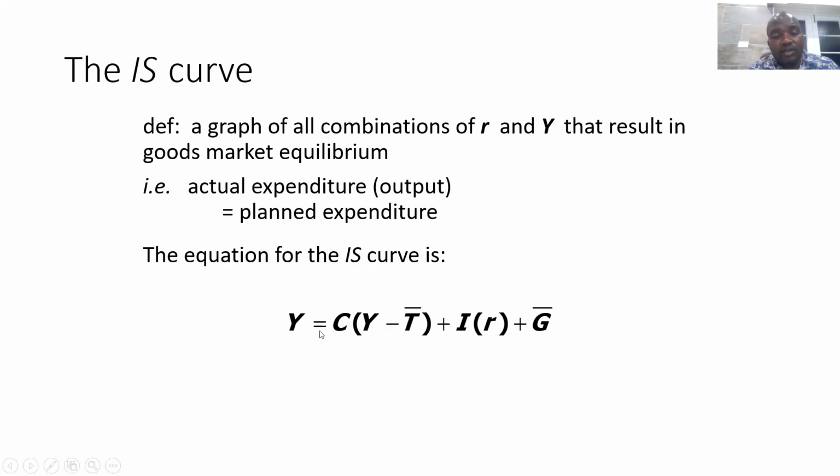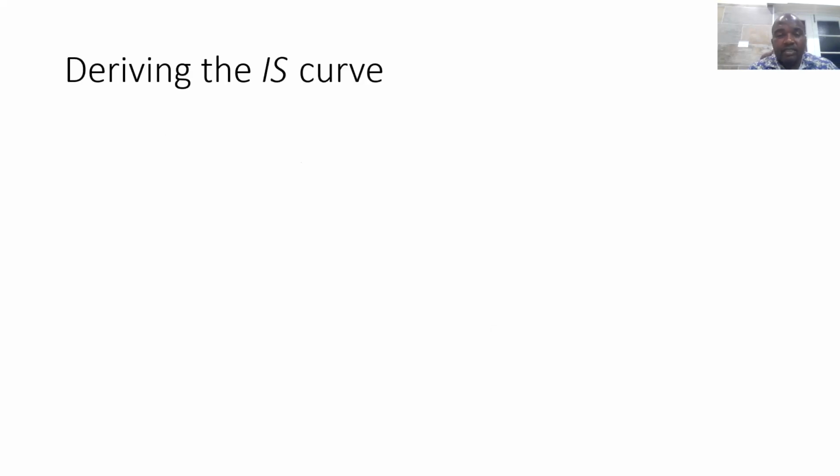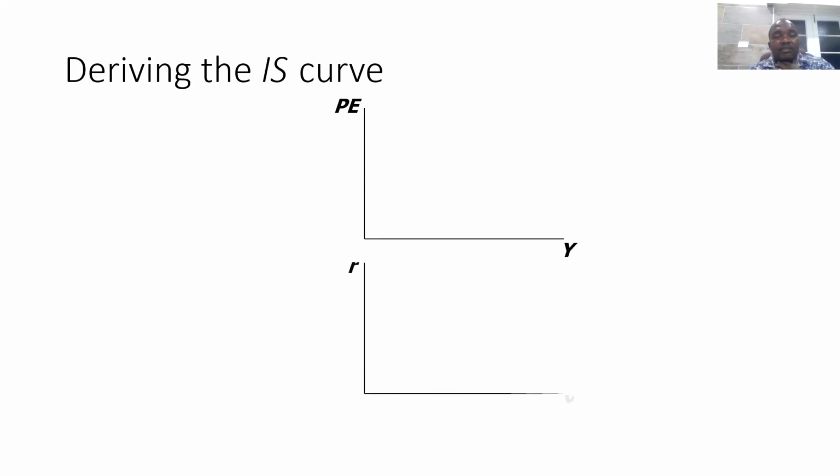This is another way of saying consumption is a function of disposable income. And investment is no longer really exogenous. It's now determined within the context of the IS model or IS-LM model. Investment is determined by the prevailing interest rates or the average interest rate in the economy. And then we add government spending, since this is a closed economy. So to derive the IS curve